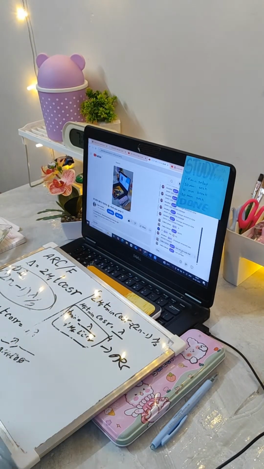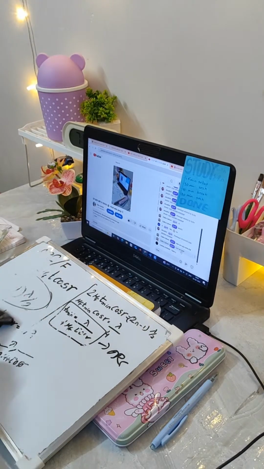So this is how I personally study. I put a timer, I look at the topic, and then I study the topic while looking at it, and then I do it without looking at it. I know that sounds really confusing, but when I do it, I guess you'll understand.